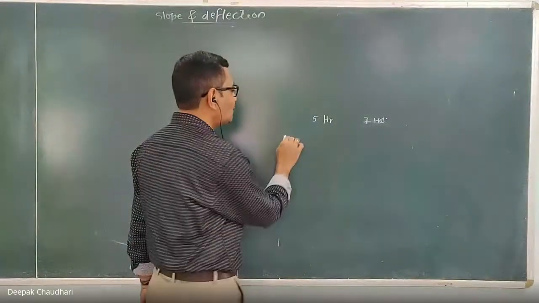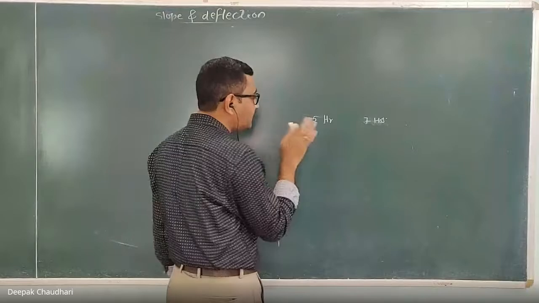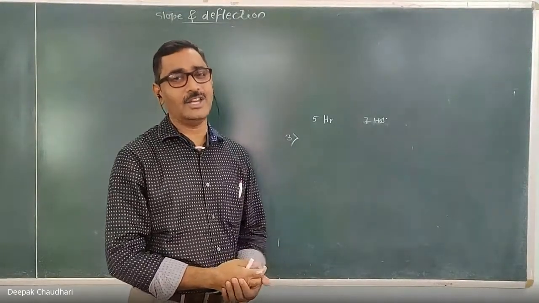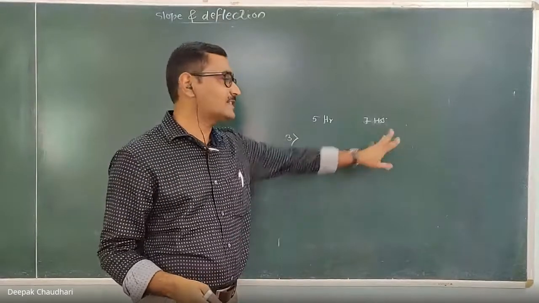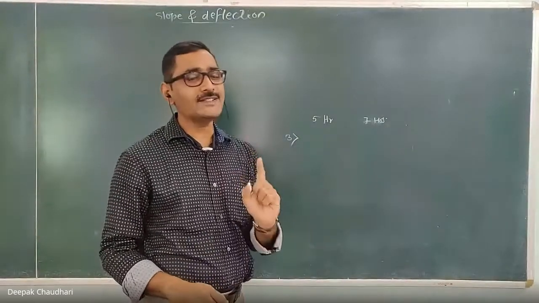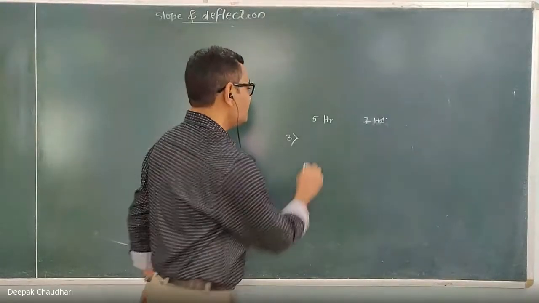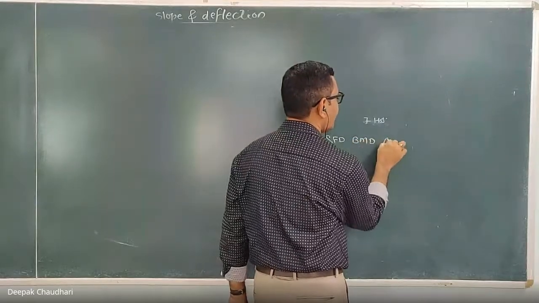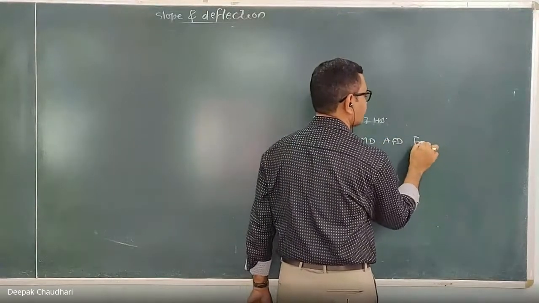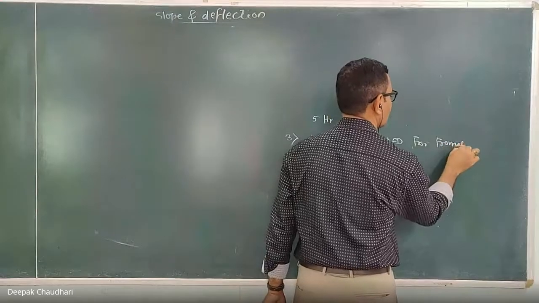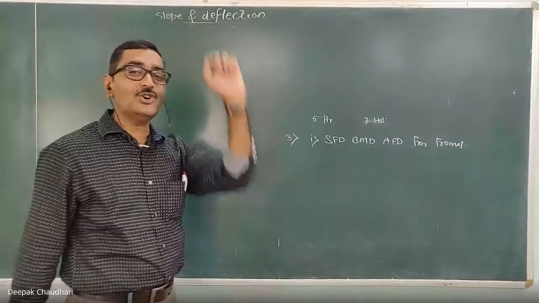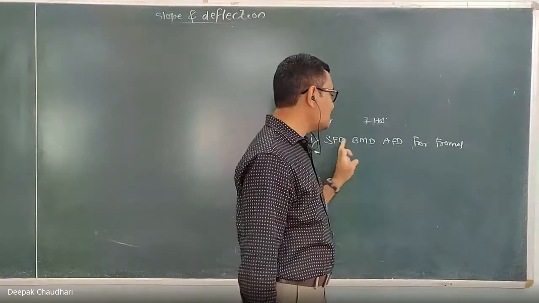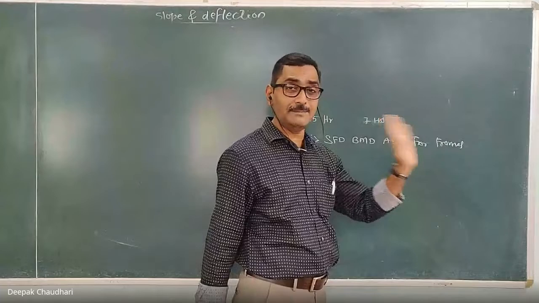For civil, 3 topics are different than mechanical. In fact, 3 topics are more than mechanical. Okay, for mechanical the syllabus is less, for civil the syllabus is more. Which are the 3 topics which are more for civil? The first topic is SFD, BMD, and axial force diagram for frames. We have studied it for the beam. Beam is a horizontal member of a structure. For civil, you have to learn shear force, bending moment, and axial force diagram for the frames.